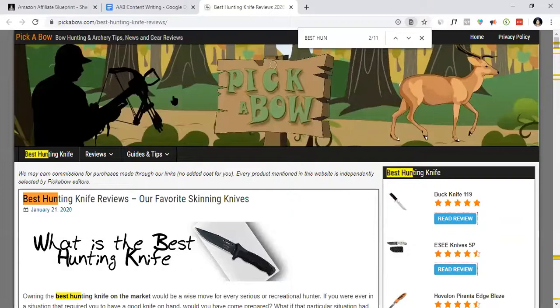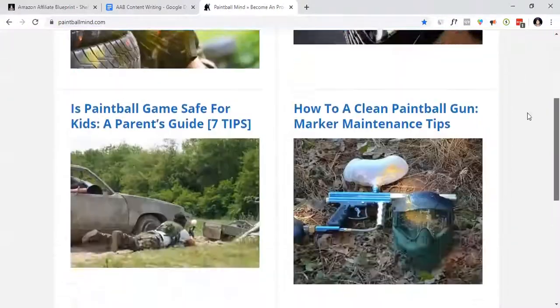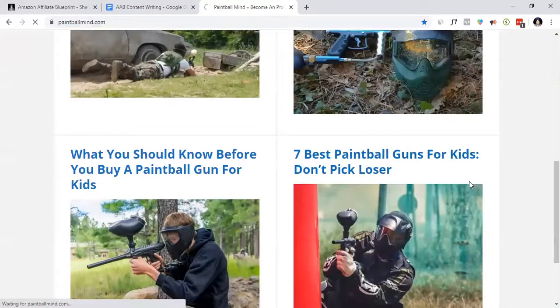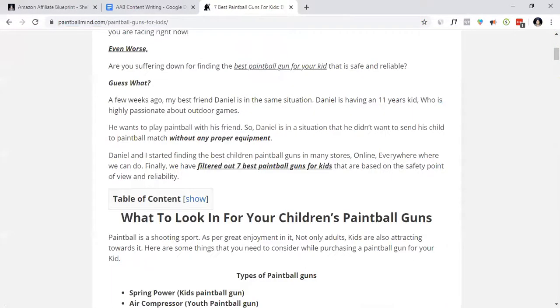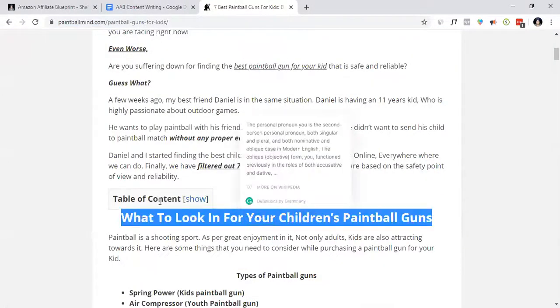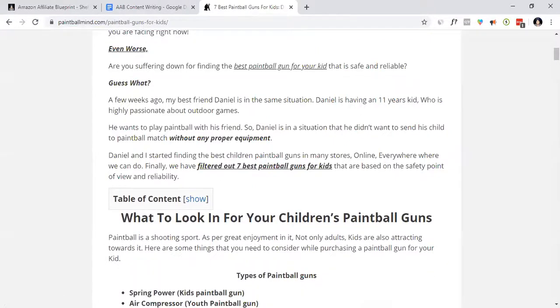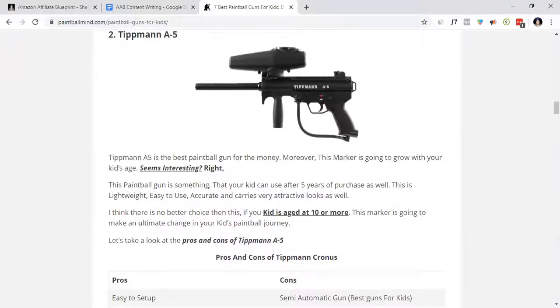So this is the course. Just go there. Let me show you my site. This is paintballmind.com, right? Everyone knows about it. This is my site. As you can see, just go over here. I have a proper internal linking structure. This is the H1 tag, then a story over here, then an H2 with a table of contents. I need to maintain a bit of distance, it did not look good. So this is all that I did, and I also have a featured snippet as well.